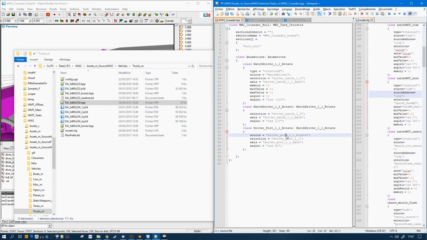So we'll get back to this after we wrote the current model config.